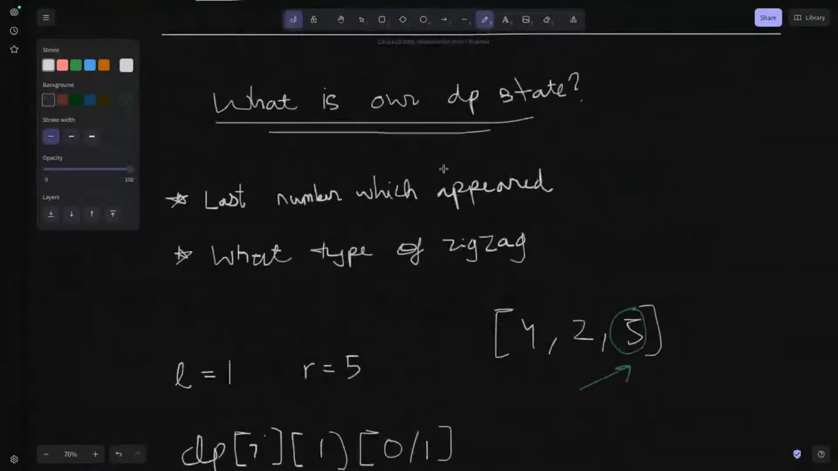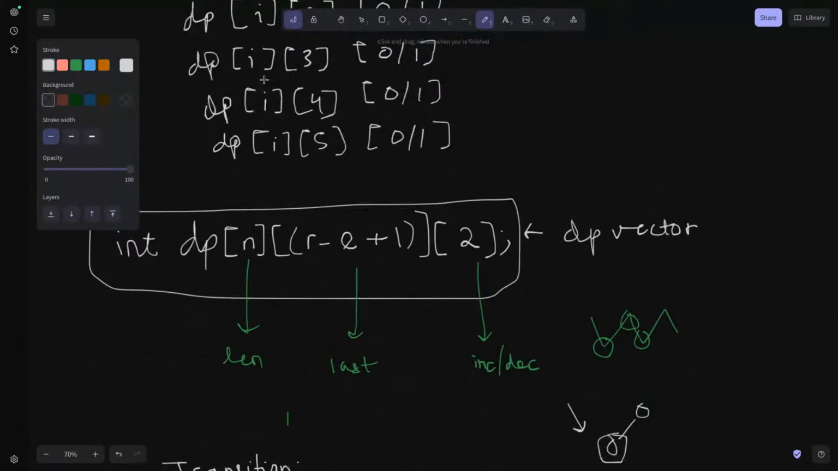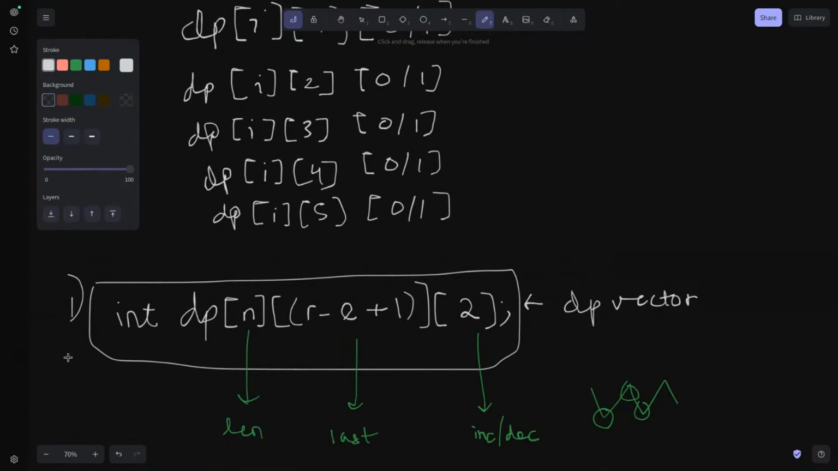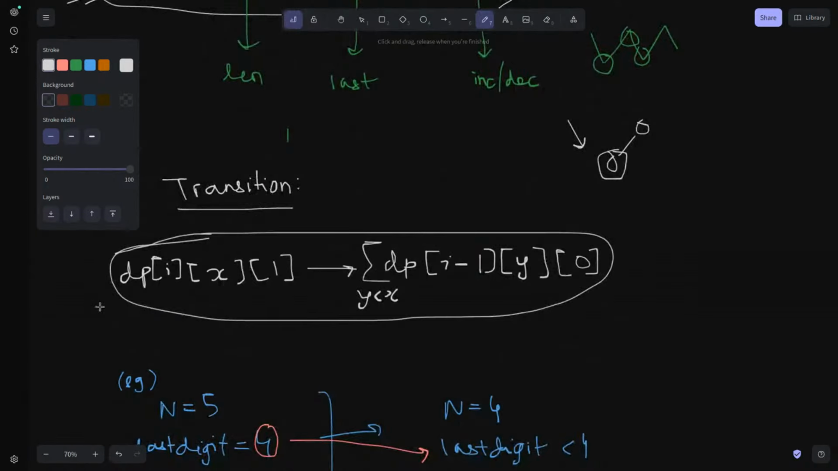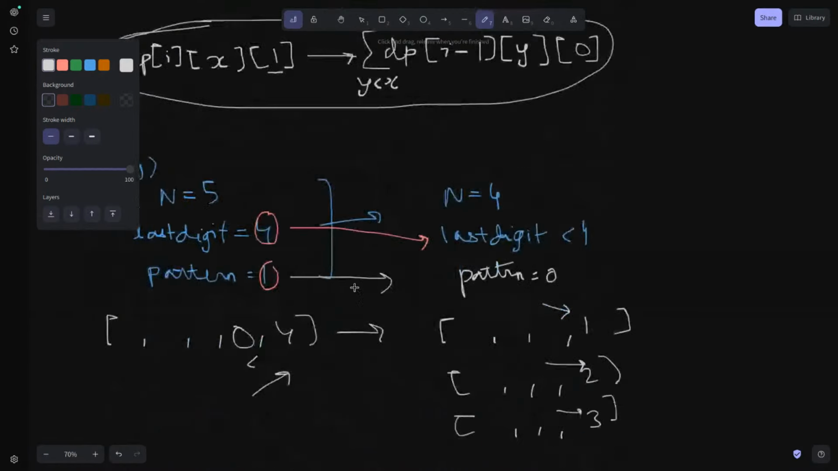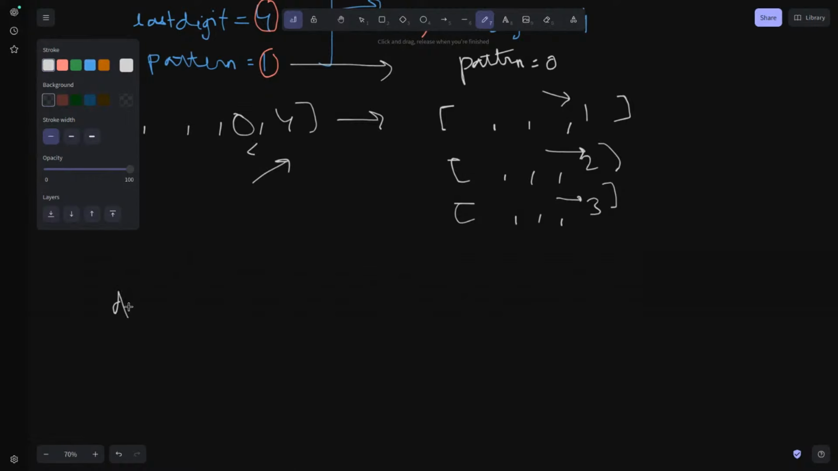Okay, guys, so what have we looked at? We have looked at what the state looks like, right? So this is the first thing, what the state looks like. So this is our state. The second thing we have looked at is the transition, right? And so this is only the transition for the one case. What about the transition for the zero case? Well, transition for the zero case, DP of I